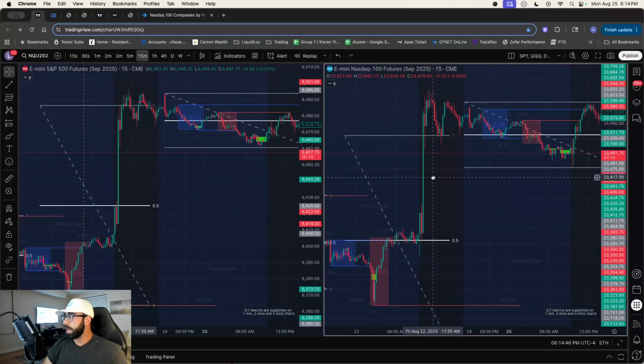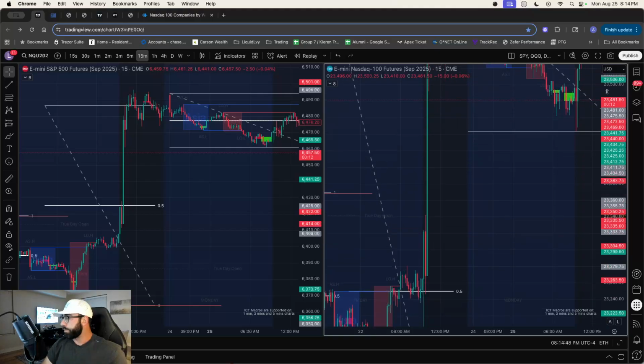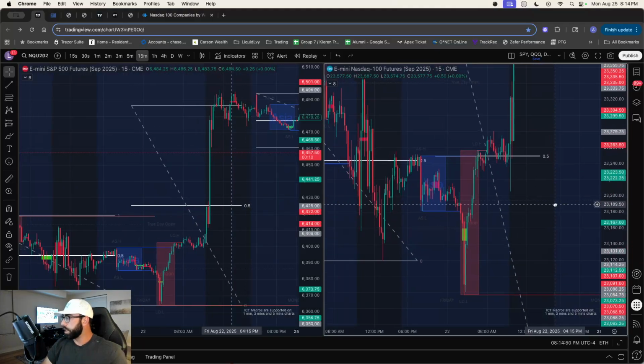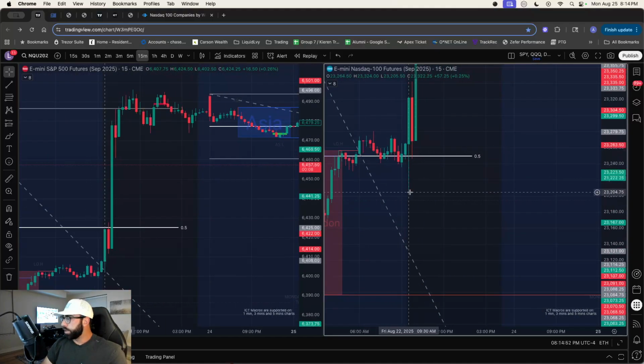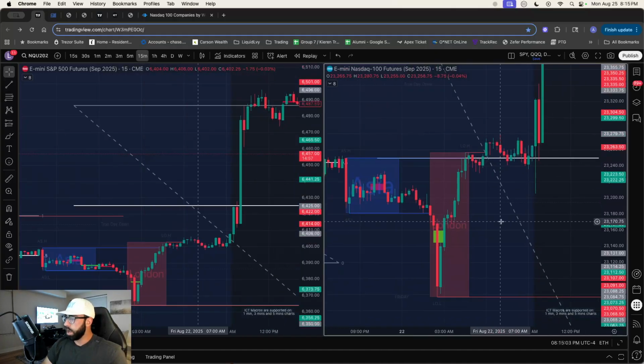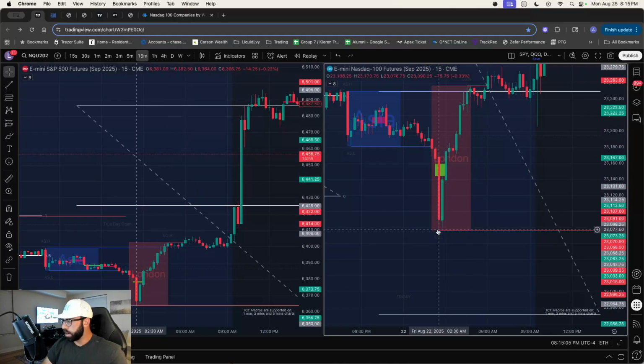For the example of a swing low, it's where you have this right here, a low, a lower low, and a higher low. It's a 3-candle formation where you have wicks that create, for a swing low, a low, lower low, and higher low. Another example would be this one here during the London session. A low way up here, the lowest low, and a higher low. That is a swing low as well.